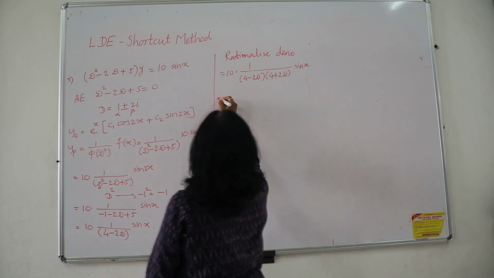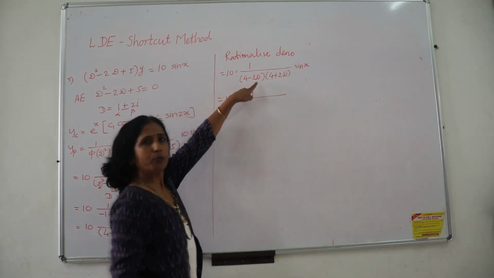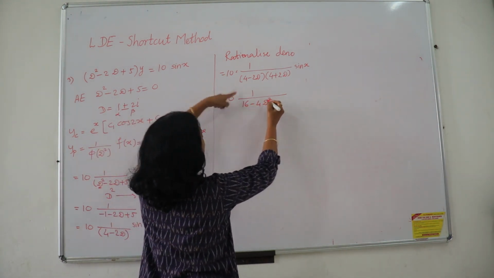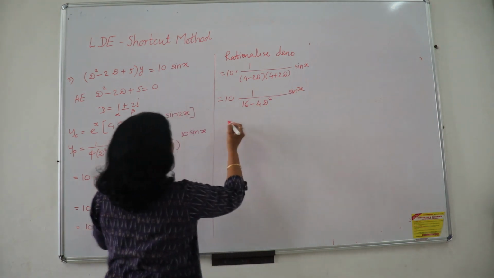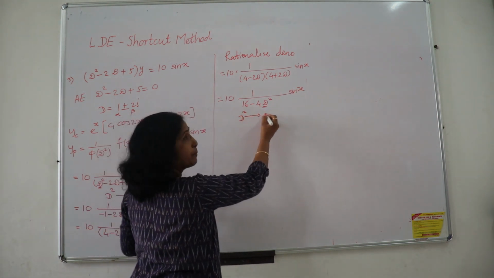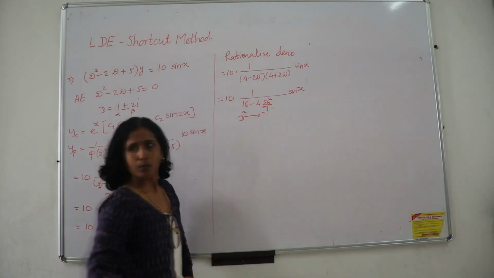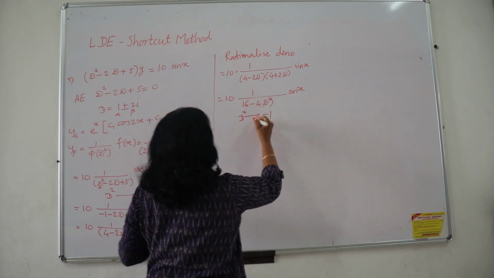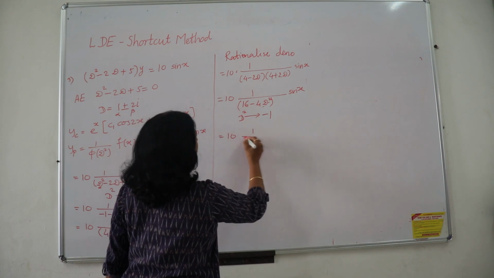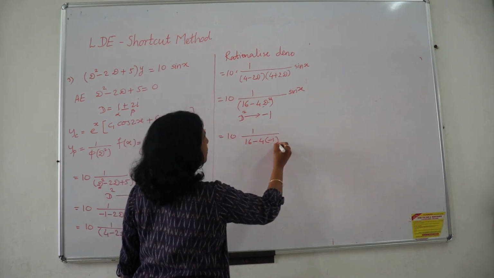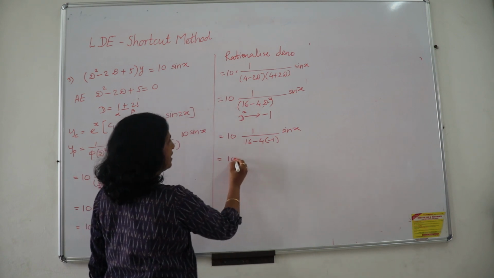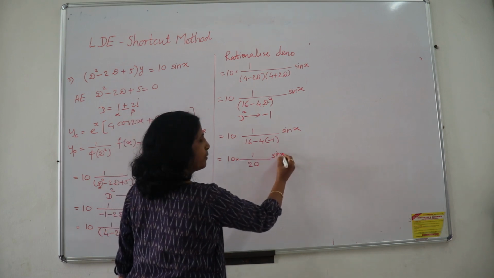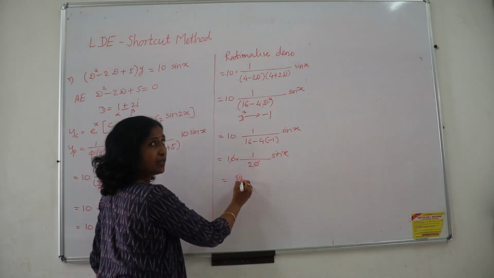We don't have to do anything with that. So this is 10, 1 upon, apply the identity (a plus b)(a minus b), so this is equal to 16 minus 4D square, a square minus b square, sin x. Clear? And now D square can be replaced. D square is replaced by minus of 1 square, that is nothing but minus 1. Okay? So if I replace, this is 10, 1 upon 16 minus 4 into (minus 1), place the bracket, sin x. And so what I am getting is 10, 1 upon, minus minus plus, so this will become 20, and then here it is sin x. You may cancel it, 1s are 2s are, so your answer is sin x.